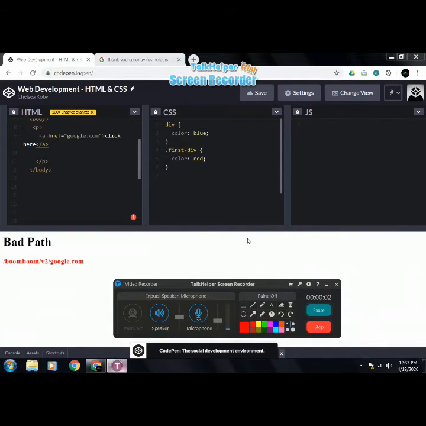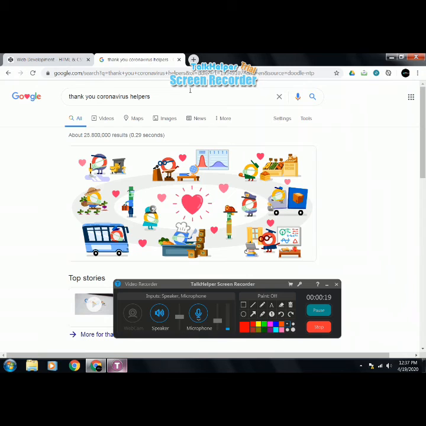My first path failed. You can call this thing a path, the path to the so-called website. I guess I got something wrong there, but now I wrote google.com, and it's giving me a bad path. So let's just check here. This is the Google